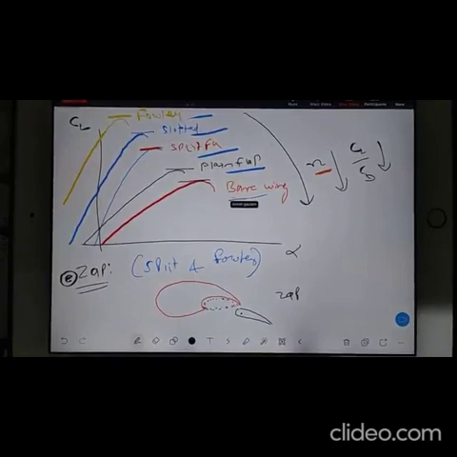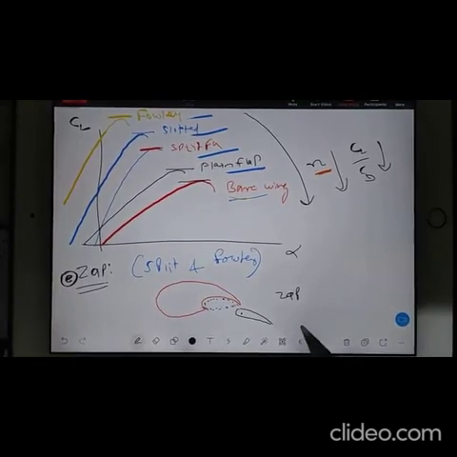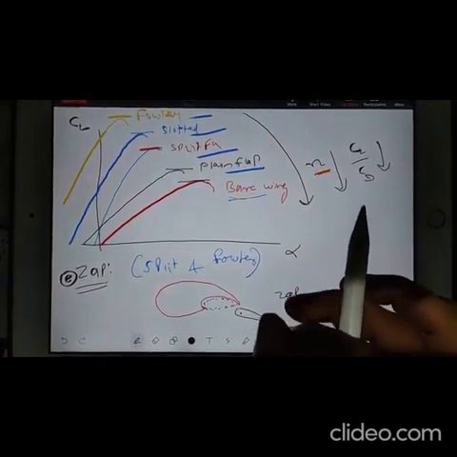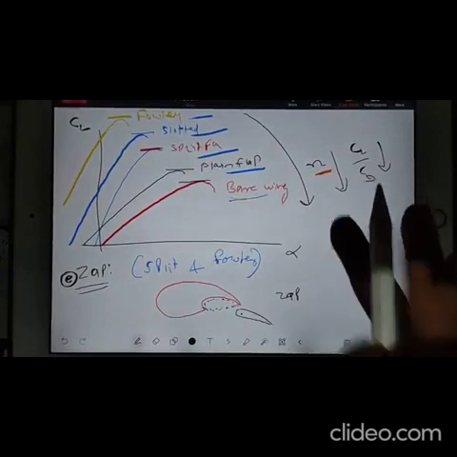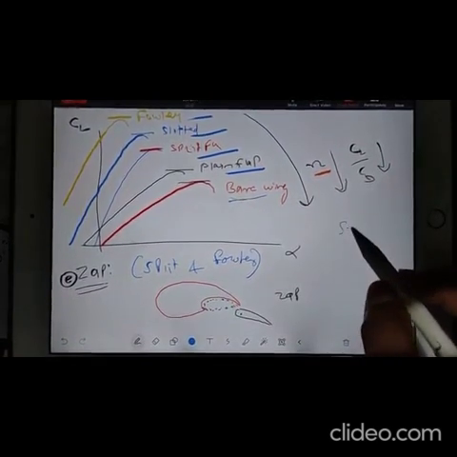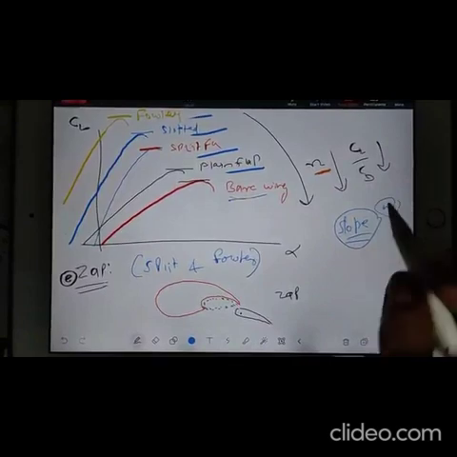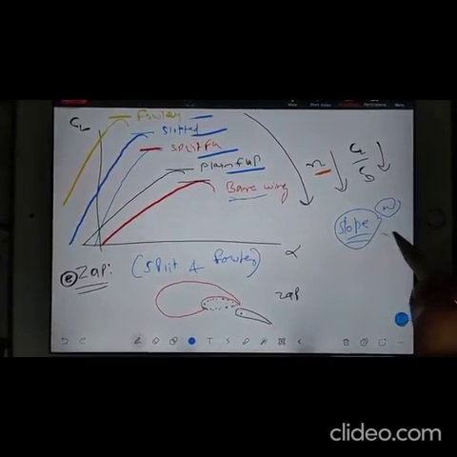Then I have advantage and disadvantage. No need to discuss in class because that is easy. So I will just give you like a history you can read. Now I'll give you what is leading edge slot. Now see guys, one thing you keep in mind, slope will increase if your area is increasing. Otherwise slope will not increase.